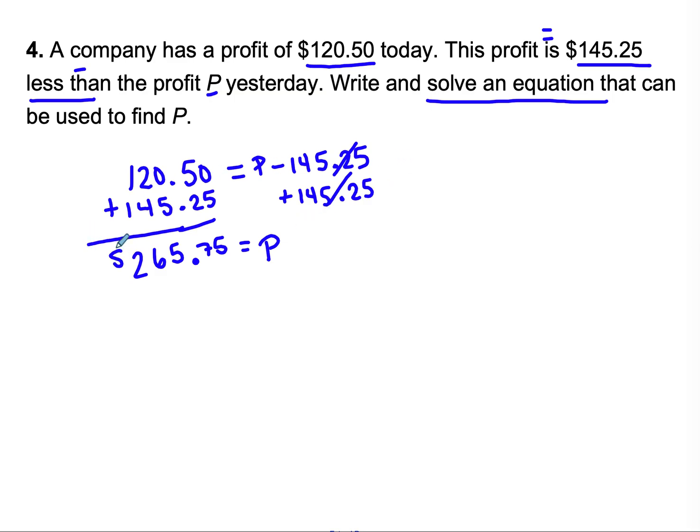All right. So $265.75 was the profit from yesterday. And if we go back to the original problem and think, does it make sense? Let's see if it does. So today was $120.50, and that was $145.25 less than yesterday. So yesterday was $265, and if we subtracted this amount from it, we would get the